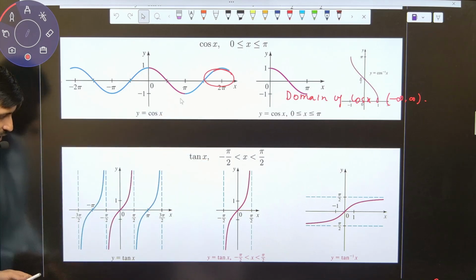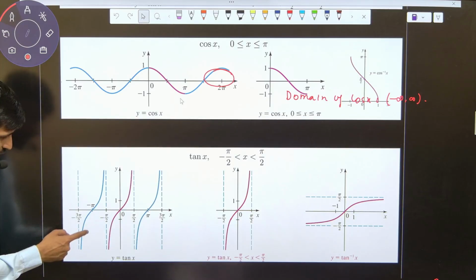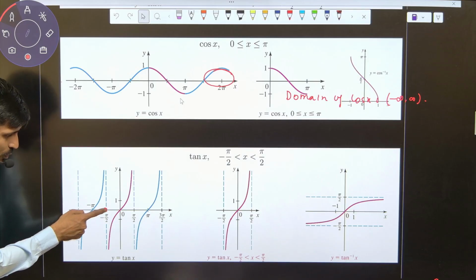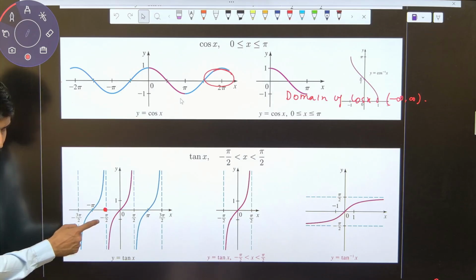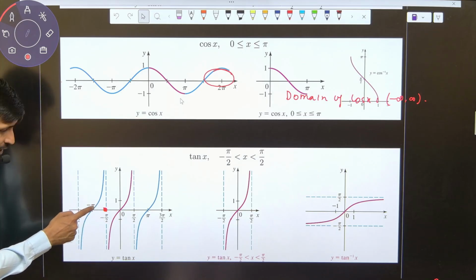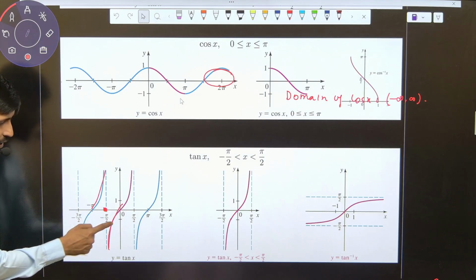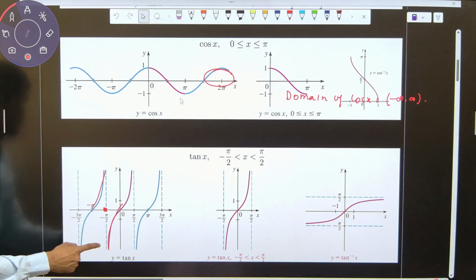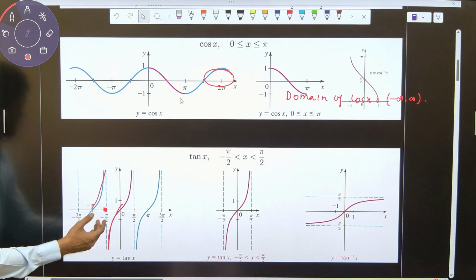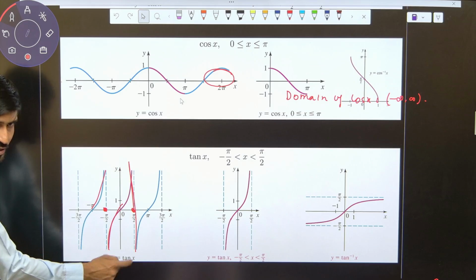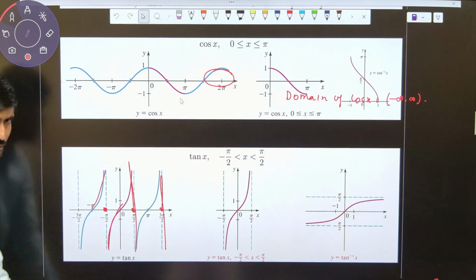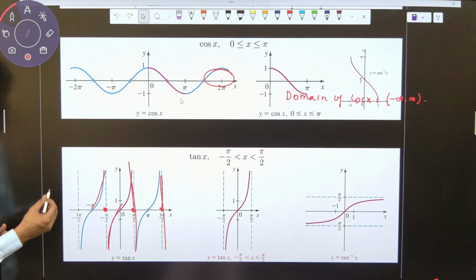And can you see that tan x? The question discussed tan x continuity also. So can you see? Tell me, at minus pi by 2, is tan x continuous or discontinuous? Discontinuous. See, at this point the curve is breaking. It is going up and it is coming from here. At x equals minus pi by 2, is there a break or not? It means it is discontinuous. Again at pi by 2, discontinuous or not? At 3 pi by 2, discontinuous or not? So tan x is discontinuous,